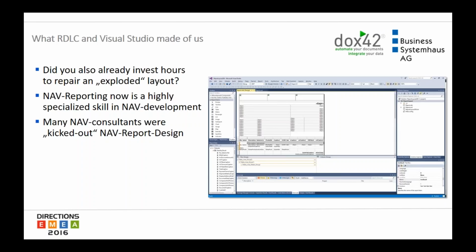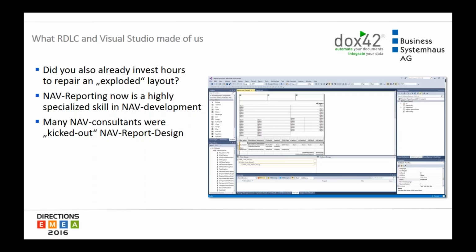But it's also that a consultant who is very good in manufacturing or in finance is not a development guy. He just wants to make small and fast changes in the design of reports,